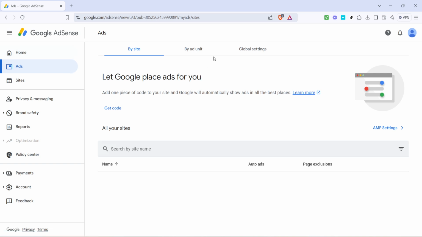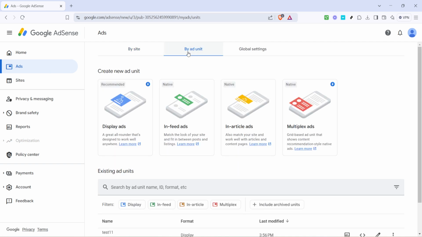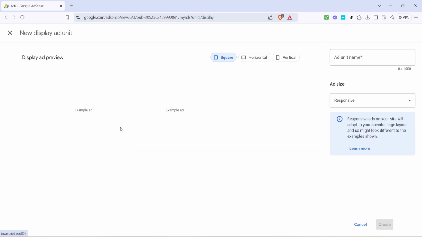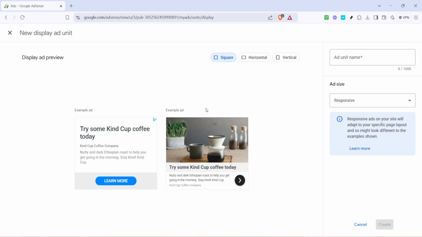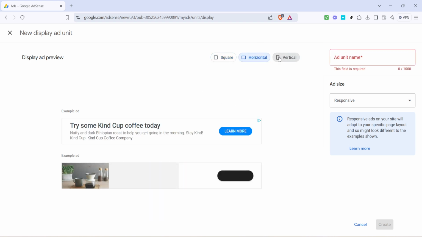Next, we're going to focus on individual ad units. Click on the link for ad units. This area allows you to create specific kinds of ads that fit best with your website's design and your monetization strategy. It's a powerful tool for more targeted ad management. Now locate and click on display ads. This option is particularly popular because it allows for a range of visual styles and is versatile enough for most websites. Choosing display ads gives you more control over the appearance and placement of ads, making them more effective for your visitors.